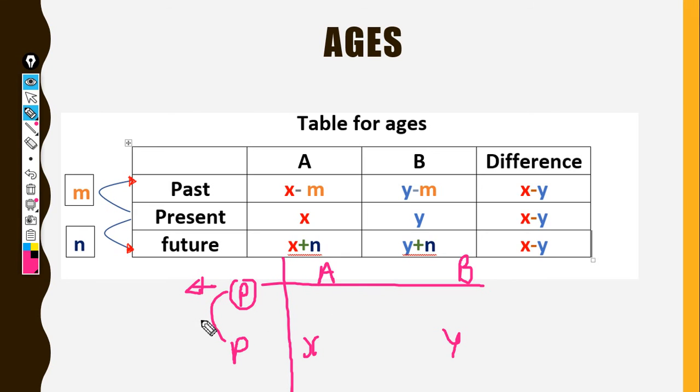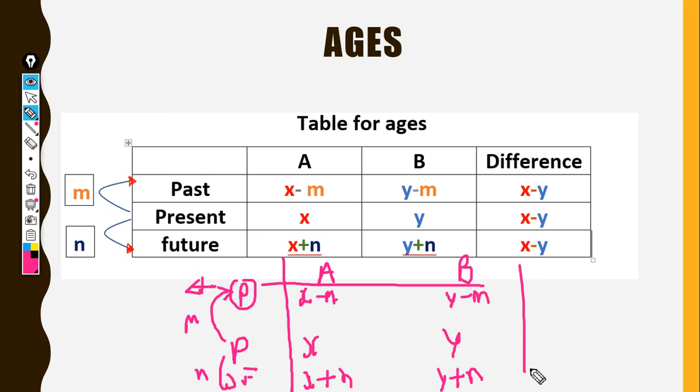See, what is the age m years back? At that time it is x minus m and y minus m. In future, that is n years, after n years my age will be 25 years, like that I would say. That future is converted as x plus n and y plus n. Future means plus only, past means minus.